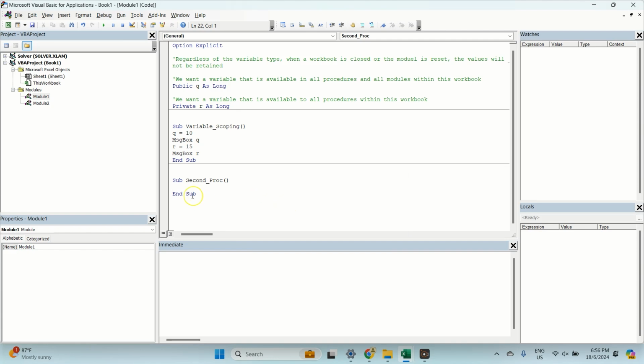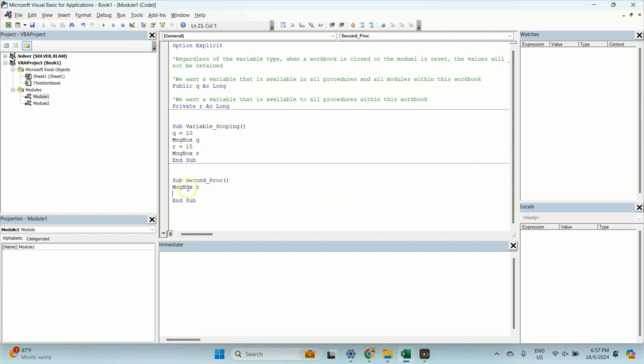Okay, and then what I'm going to do is, when you're writing a second module, you'll see the values get reset. So that's another thing for you to be aware of. Make sure you write all the code and then you test it. Right, so now message box, otherwise it's going to get reset. Okay, so message box